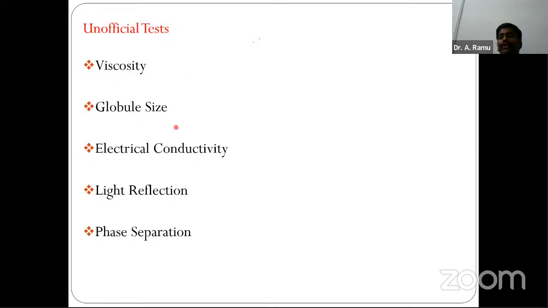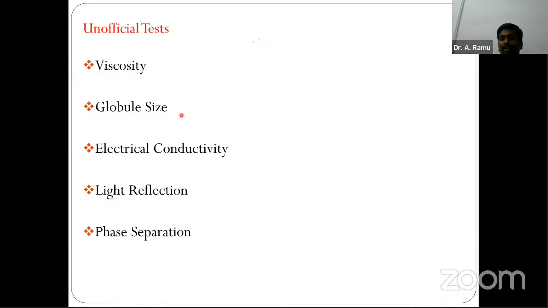In the emulsion, you need to determine the size of the globules. So such a test is called the globule size analysis test. How do you determine the globule size in emulsions? The globule size can be determined by the use of